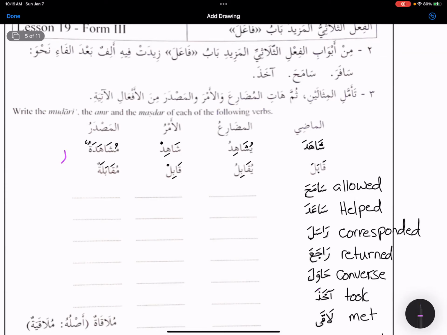Zada yazidu. Zidat. It made extra. Zidat over here, it made extra. So how does it translate, like zidat? Increase. Izafa hua isme. Yeah, ta over here is telling us that this is madi. Hiya, and this is Huwa. Zida, Zada. So it is more, basically saying it is more.